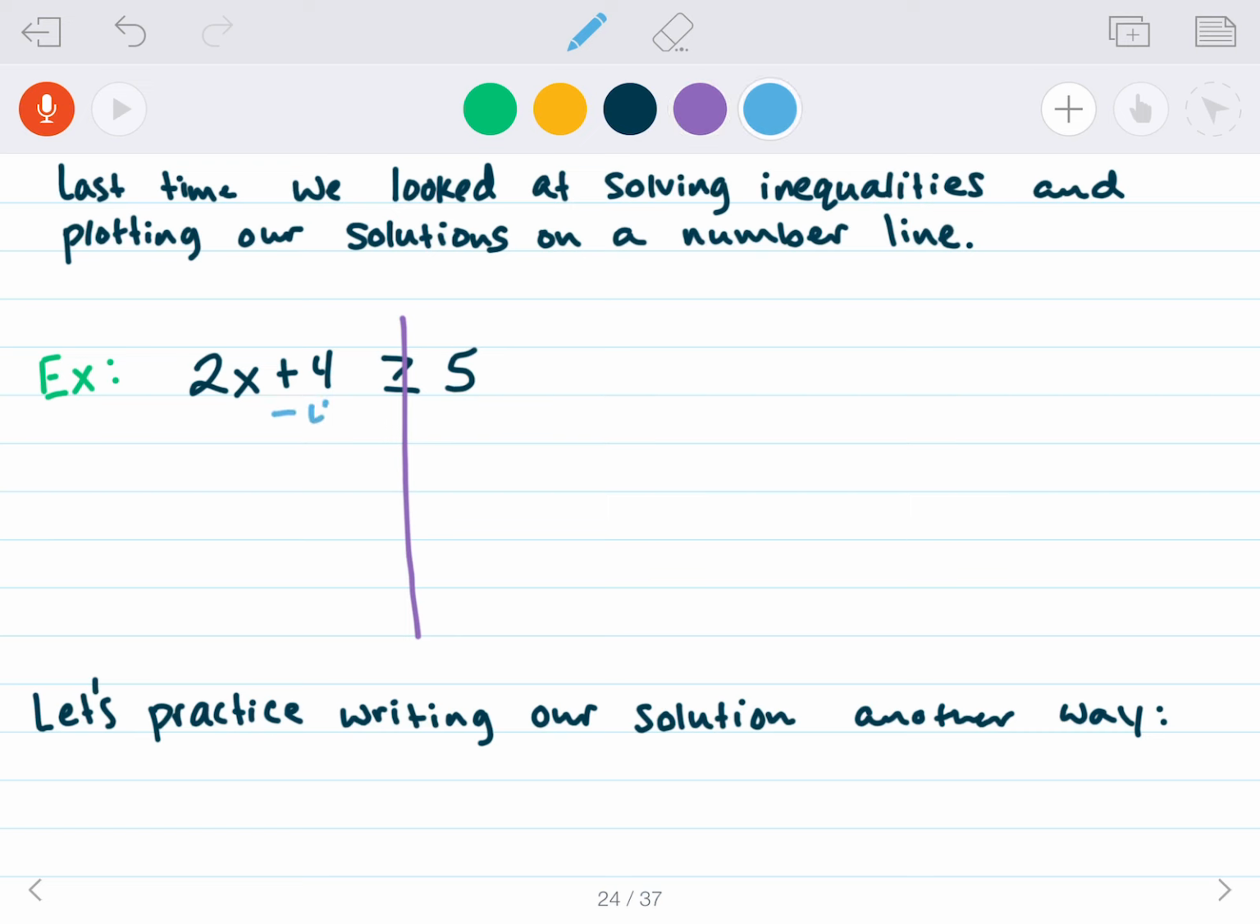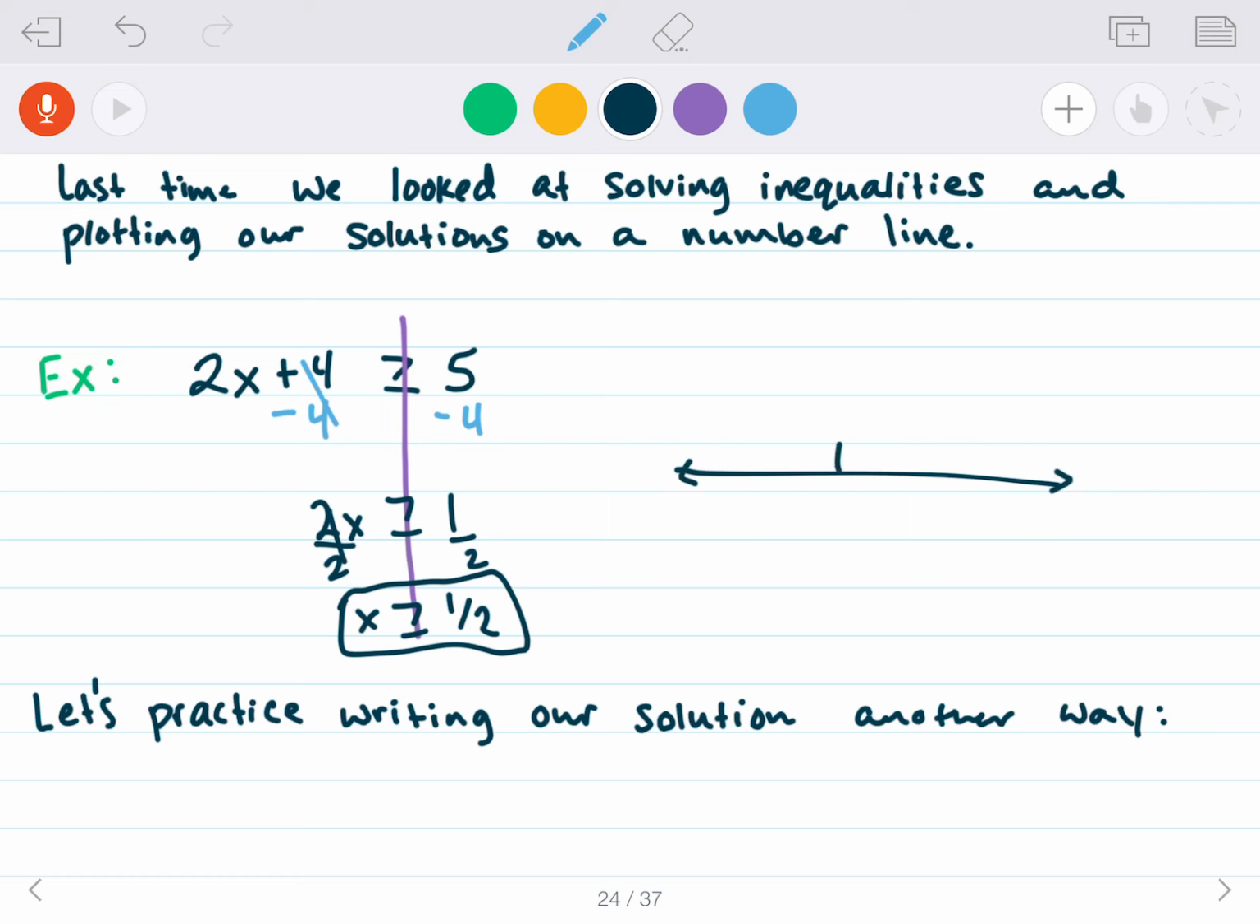So we could subtract 4 from both sides, giving us 2x is bigger than or equal to 1. And then we divided both sides by 2 to get x is bigger than or equal to 1/2. And that was our solution. And we plotted it on a number line like so. So we graphed 1/2. We put a closed dot there because of the line under the greater than sign. And then we shaded everything to the right of 1/2, which indicated that everything greater than 1/2 is going to